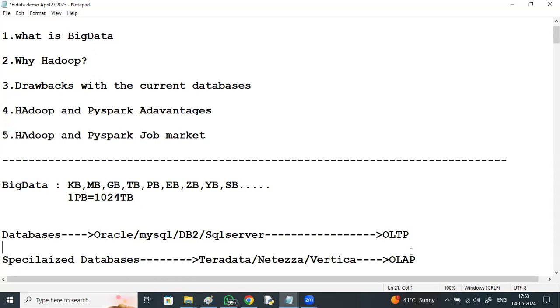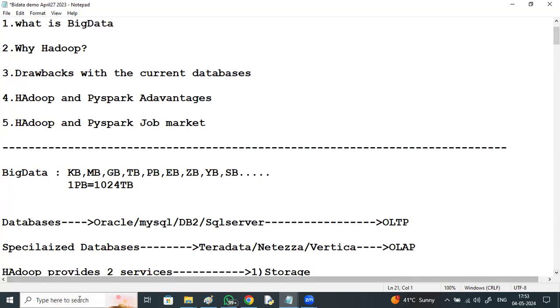So as a solution to all the storage level problems and processing level problems, we have a framework called Hadoop. So before I go with this,